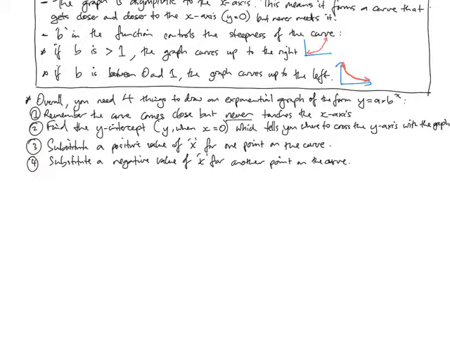And then for these last 2 points, you just substitute 2 separate values. Substitute a positive value of x to get 1 point on the curve, substitute a negative value of x for another point on the curve. This gives you 3 points and the understanding that the graph never touches the x-axis, and you should be able to draw the graph. So if I grab an example here,